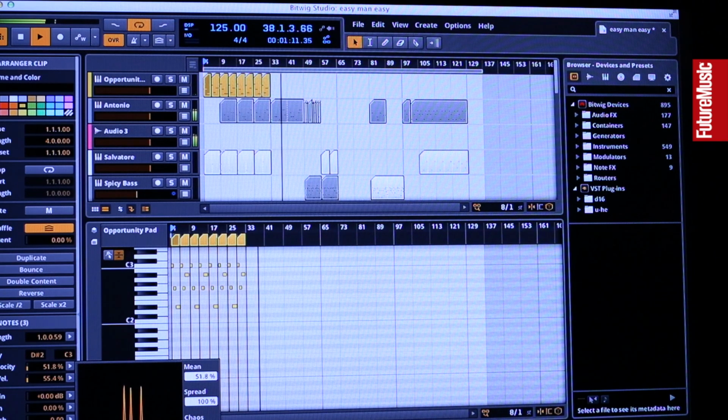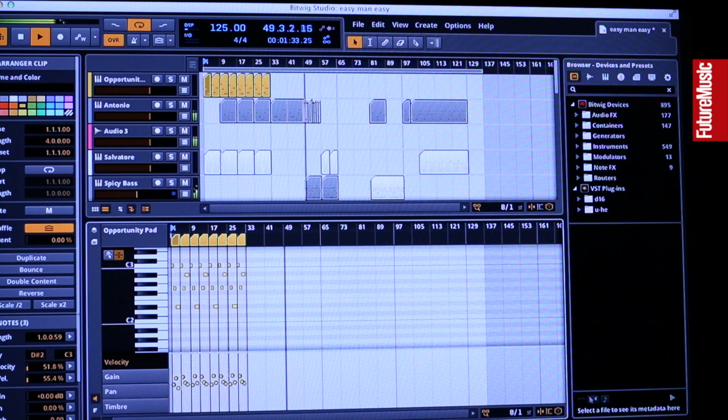I can introduce a little chaos, I can spread what I introduced there, and it's a nice way to do little edits on parameters like velocity, gain, panorama, or whatever you like, to bring a more human feel. You don't have to edit all those little values by hand. You can just do it with the histograms. Really a nice way of doing it.